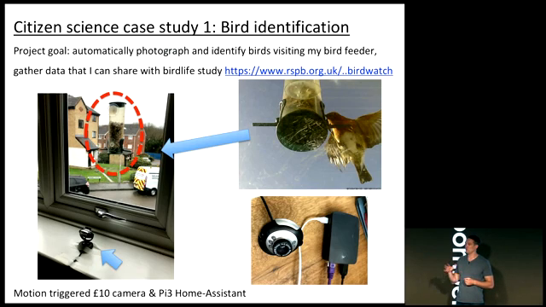I used one of these Home Assistant add-ons to set up a motion detection system. So the camera, when it detected motion, would take an image. The only problem with this system is motion triggered systems, they're not discriminative. So even if there was a funky light effect or a plane in the background, it would trigger the motion capture. And I ended up with literally hundreds, almost thousands of images. Probably less than half of them actually had a bird in. So this obviously was not going to work as an approach to quickly gather images just of birds.